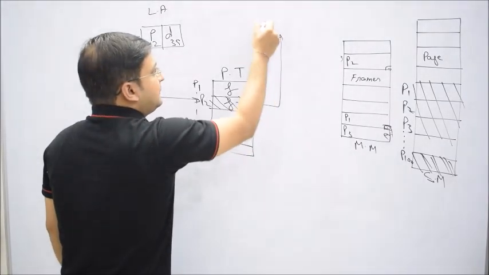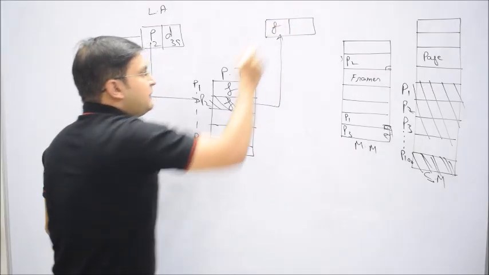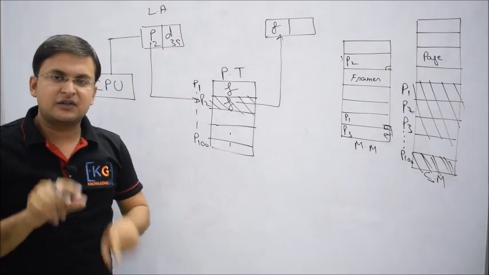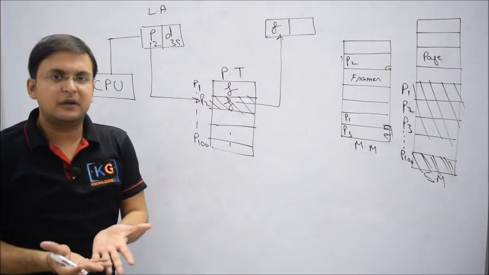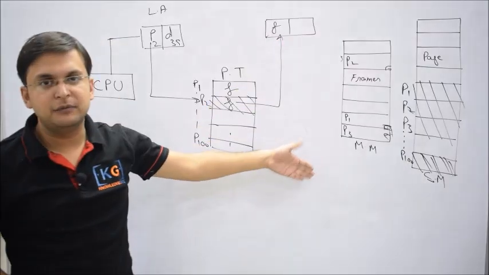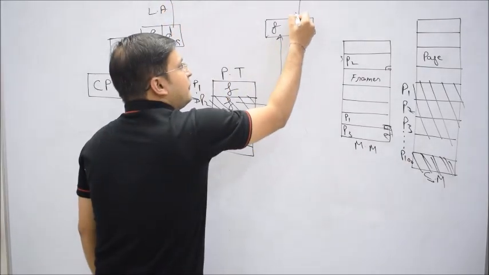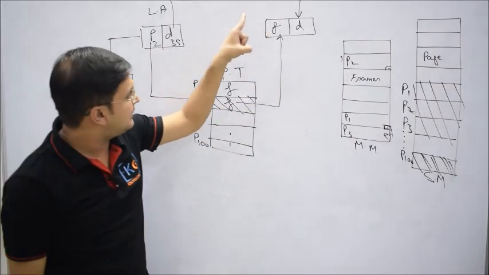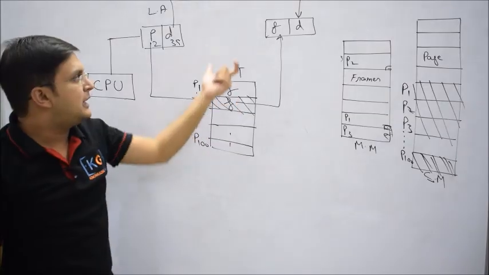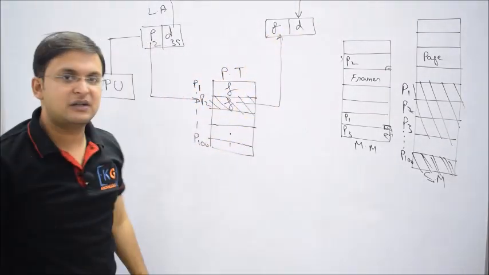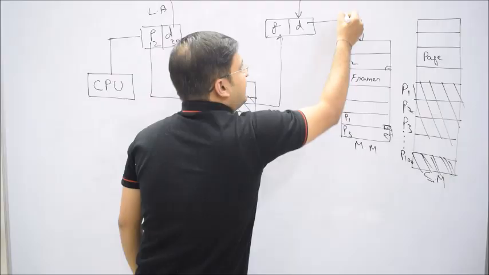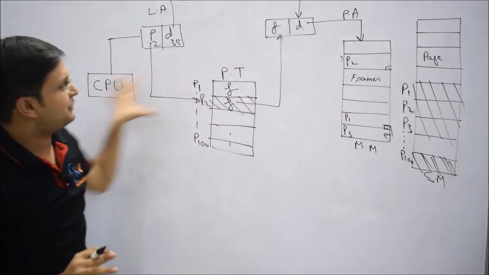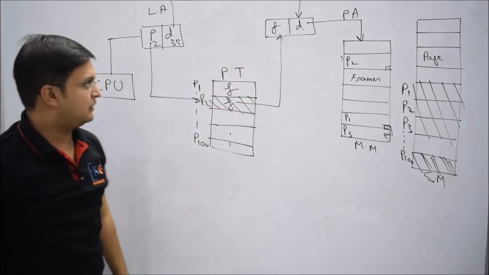Now understand this thing, that wherever you place that page, will the instruction number in the page change? No. So if there's an instruction number line number 35, it will remain line number 35 no matter where I place that page in the memory. So I don't require translation for what? Instruction offset, and that D will remain the same. Now why do I write F? Because F is the frame number, and when you combine this frame number with what? Instruction offset, no doubt you will get what? Physical address, which can be used to access what? The main memory.